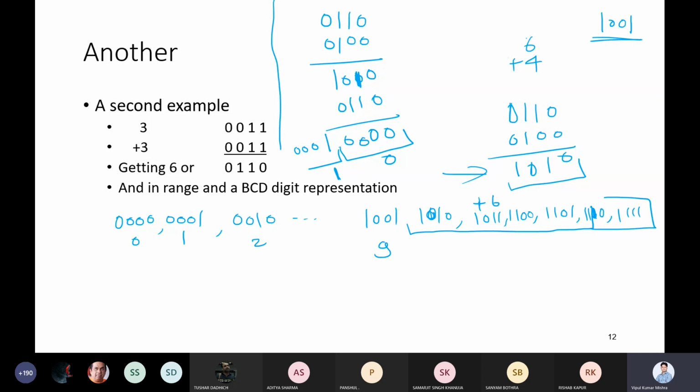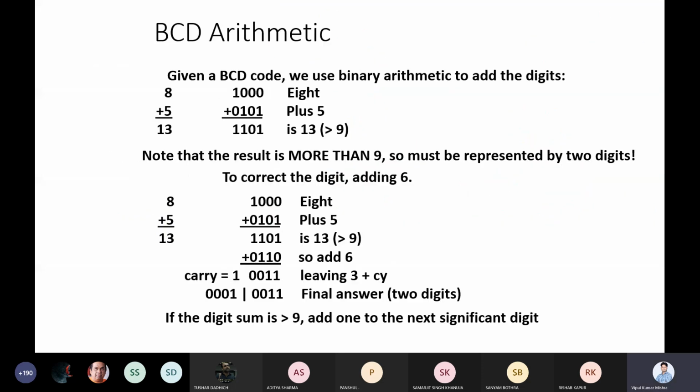In that way your BCD addition is working. Whenever you go beyond 9, you have to add plus 6 to make this jump, so that you will reach the next value, that is 0, 0, 0, 1, 0, 0, 0, 0. Getting? Any doubt till this point? Anyone? No, sir. Good. So the same story we are saying here. If it is more than 9, you have to add plus 6 and then you will get the value.